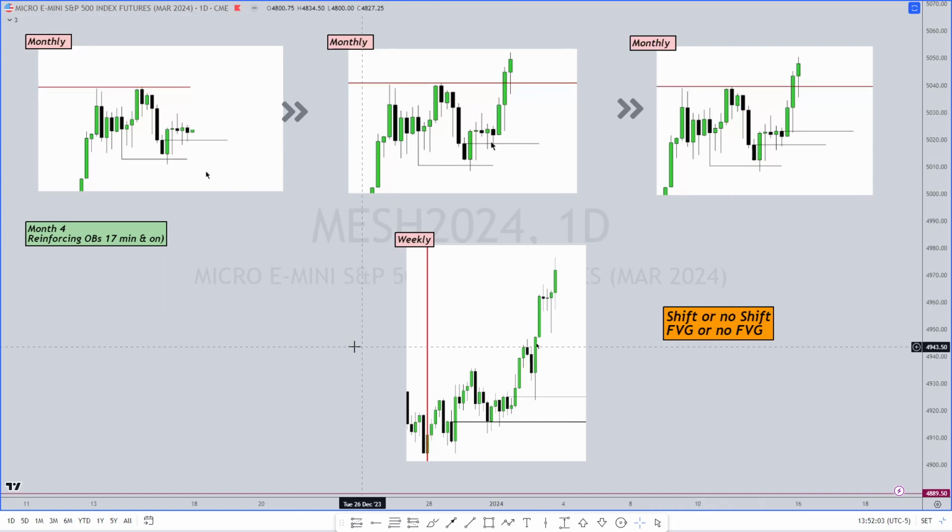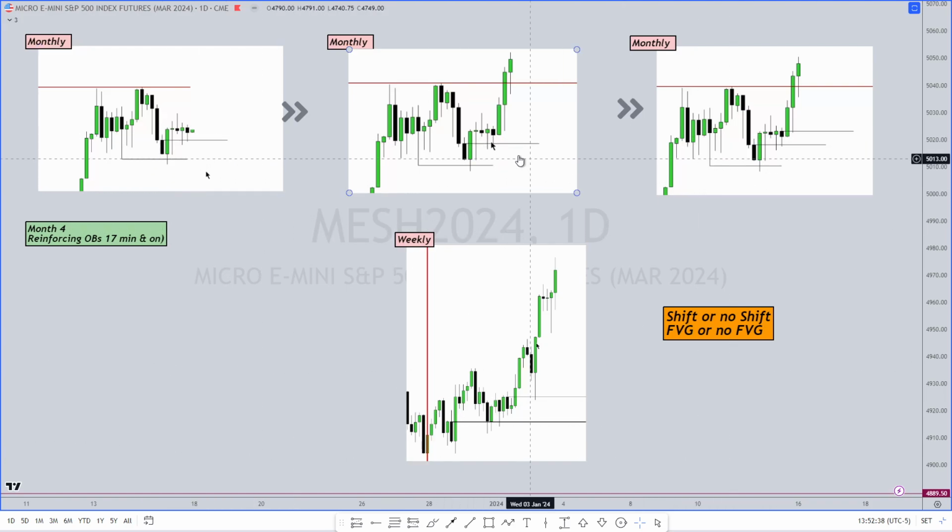Then he has a weekly example where there is a down close candle, there is a fair value gap tucked right in here, there is a market structure shift, and then it comes back down. Same thing here, where there is a market structure shift, there is a fair value gap, which historically I've used as validating the order block. Price returns to it and then takes off. So this weekly example is the one that I've always held as the definitive validation method, but he does give